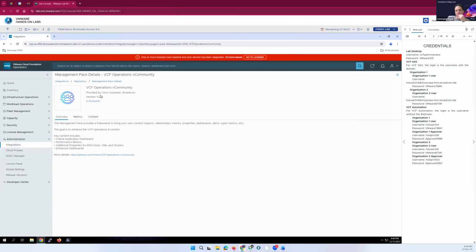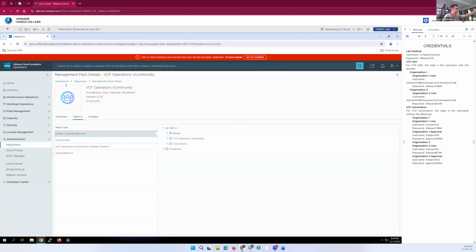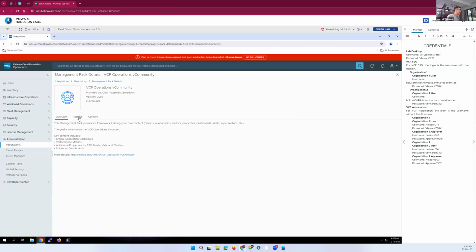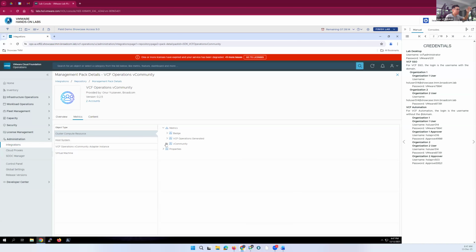So this is the management pack. He has developed it here, and it comes with example results. Here he pulls up the DRS score, for example, so you can see the source code.